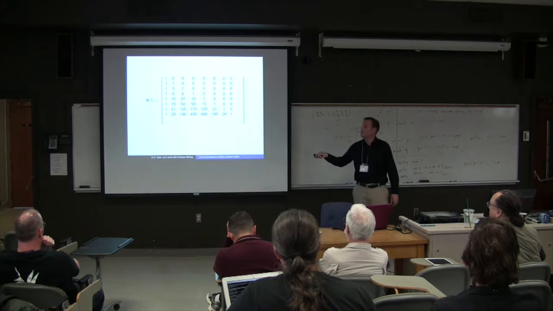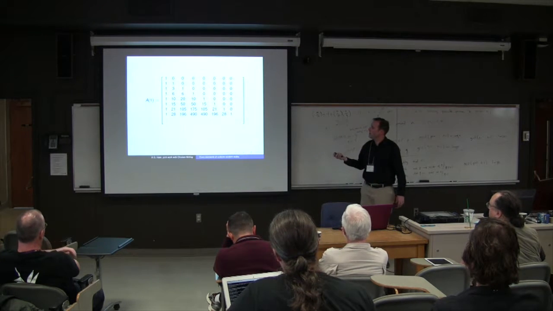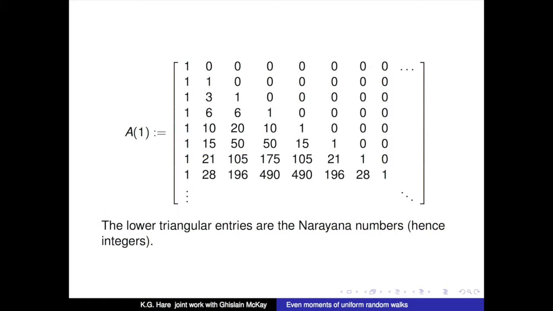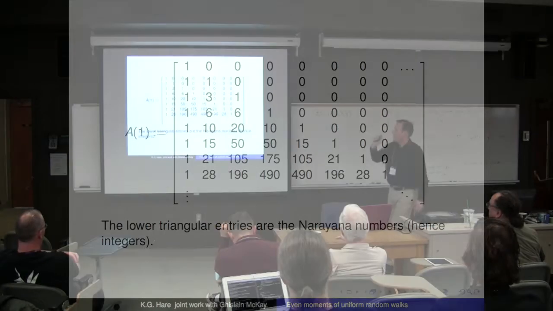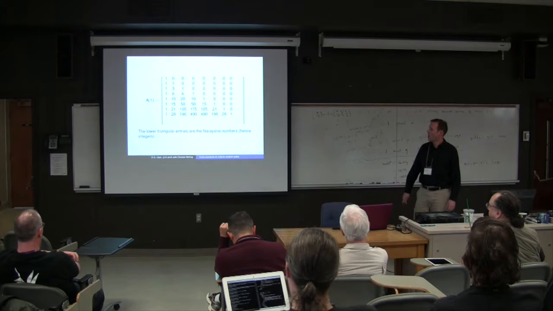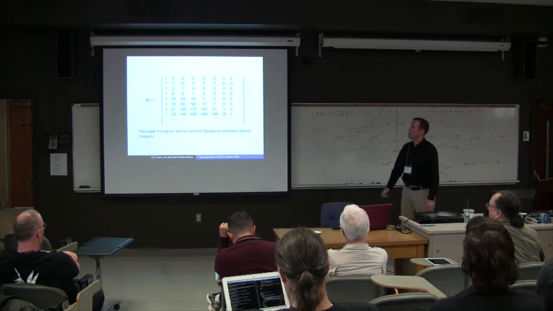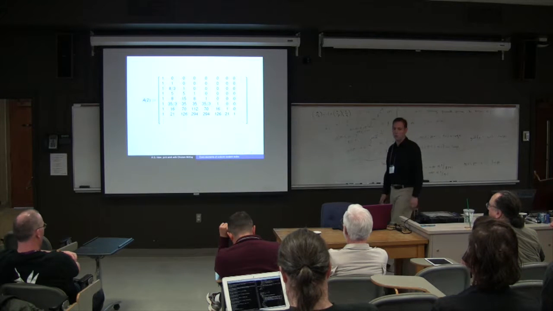I'm looking at the first one instead. Instead of looking at A0, I'm going to look at the A1 matrix. Again, all these things appear to be integers. There is a bit of structure. You could probably put these things into the Online Encyclopedia of Integer Sequences, and it just pops out that these are the Motzkin numbers, and hence they're integers. Based on 2 data points, we might conjecture they're integers. Unfortunately, that's not true.